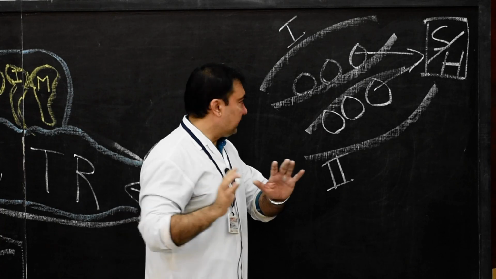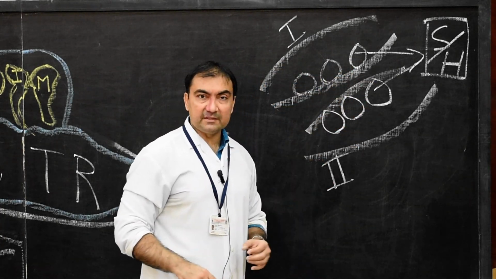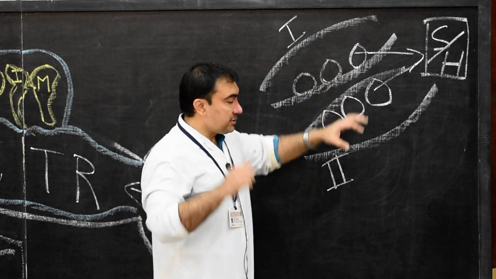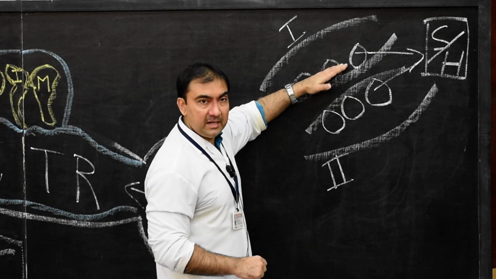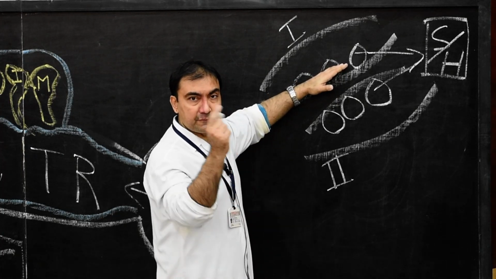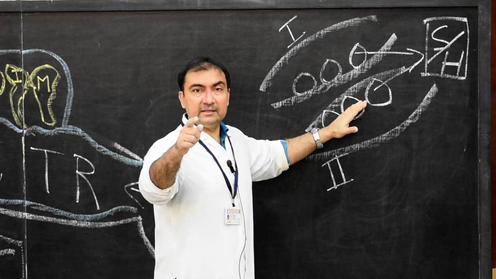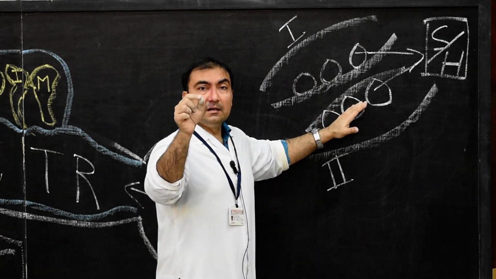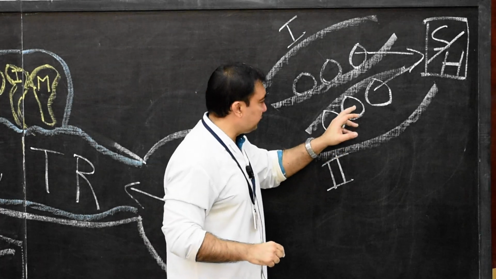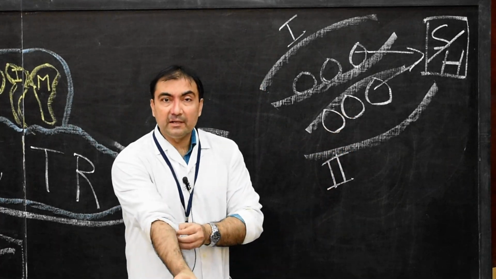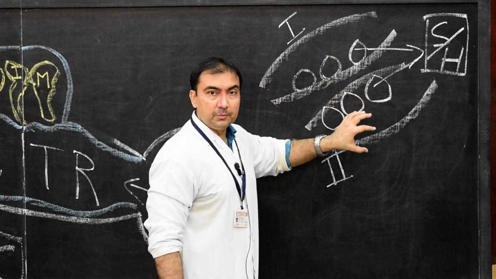Clear? Very simple. Now what will happen? All these 6 will join with each other and develop into our external ear auricle. These 3 are called mandibular hillocks because it is the name of the first pharyngeal arch, mandibular arch. These 3 are known as the hyoid hillocks, hyoid tubercles, because the name of the second pharyngeal arch is hyoid arch. Mandibular tubercles, hyoid tubercles.